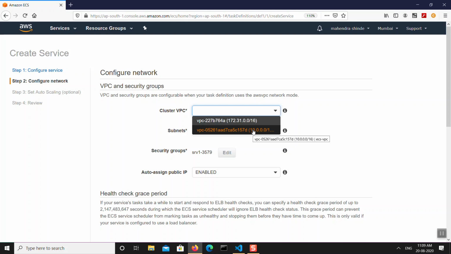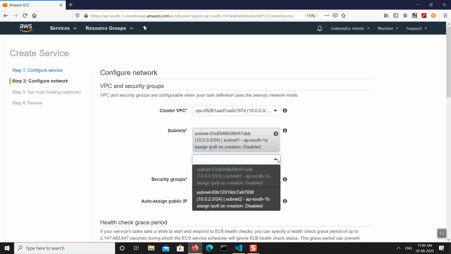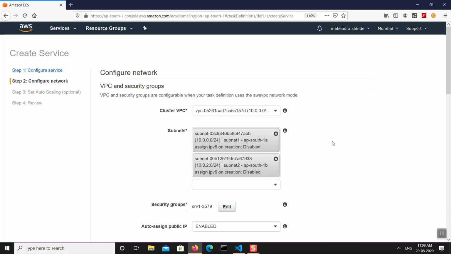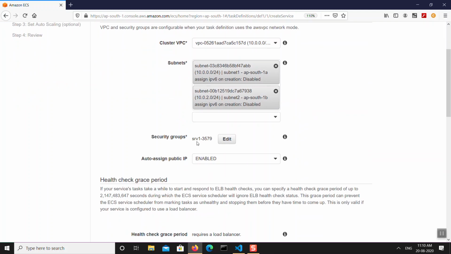So make sure that you select the right VPC. You can see here the VPC that I have created specially for this purpose has a tag ECS VPC. You can see it in the screen tip here. You will have to choose the subnet. In order to provide maximum availability, I have chosen 2 subnets. Both the subnets are in different availability zones. You will notice one thing, subnet 1 is in AP South 1A and subnet 2 is in AP South 1B, so that it will ensure the application is highly available, kind of. It will also create a security group automatically for us. You can see this security group got created.